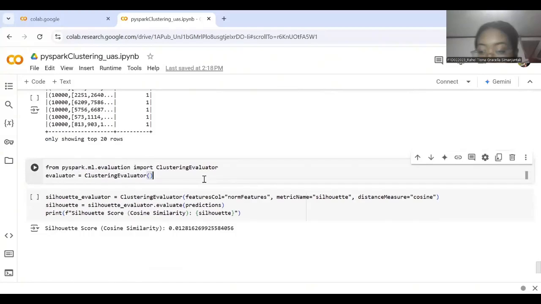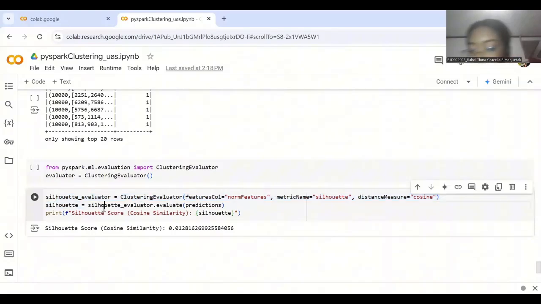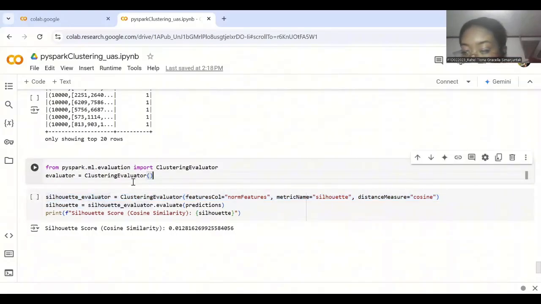Okay, finally, the code evaluates the clustering performance using the silhouette score, which measures how similar each data point is to its own cluster compared to other clusters.